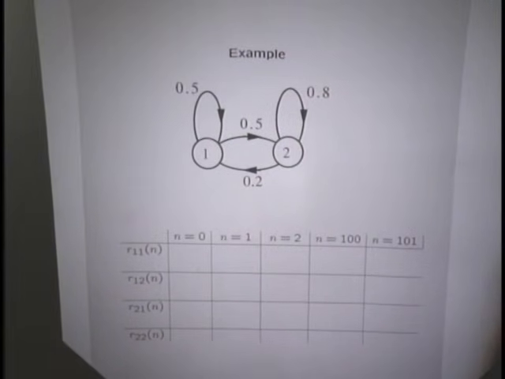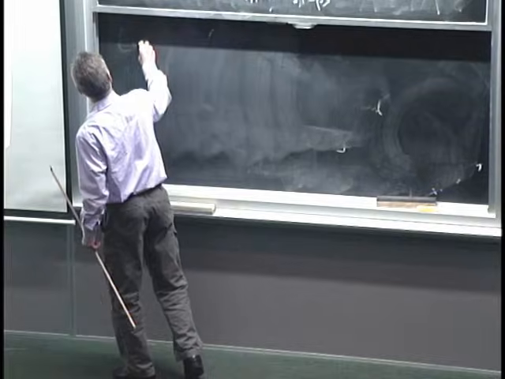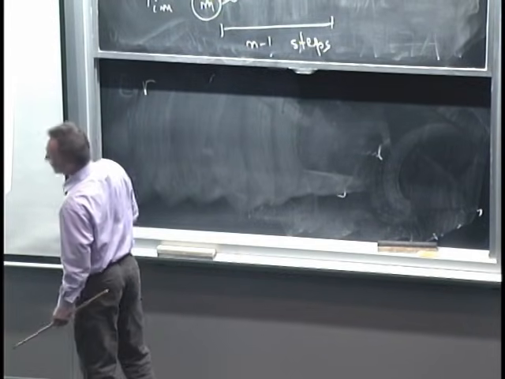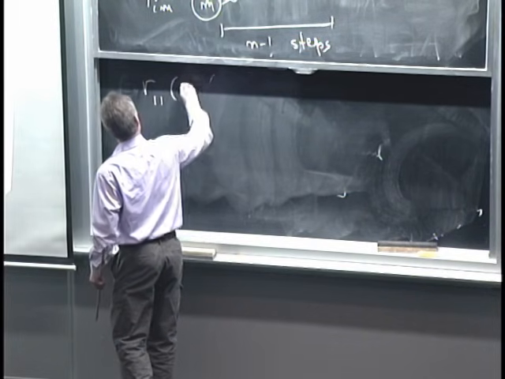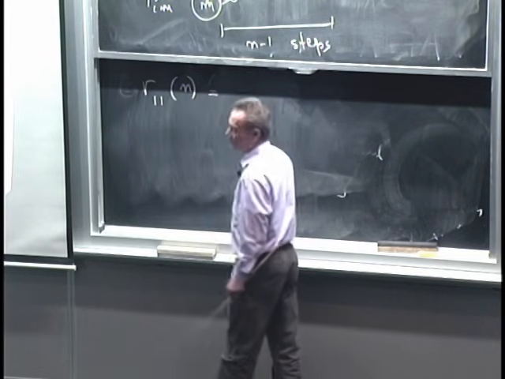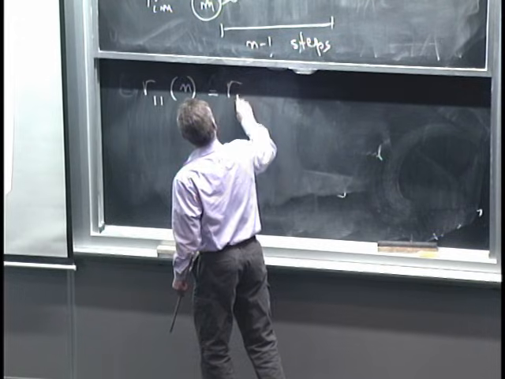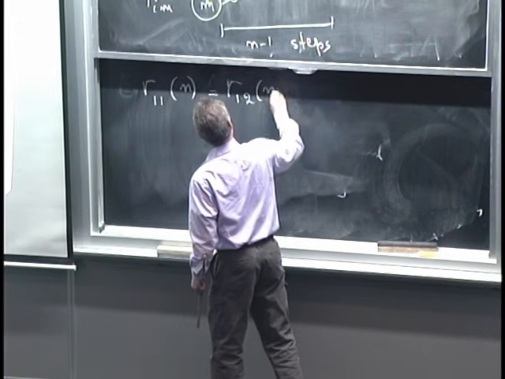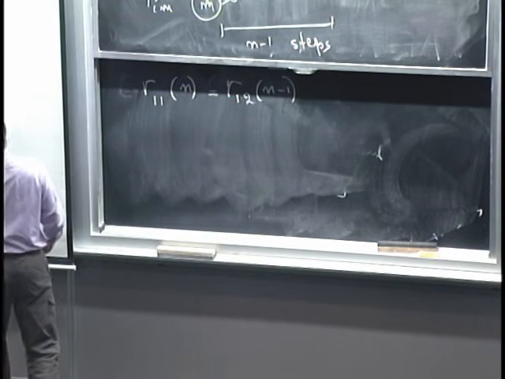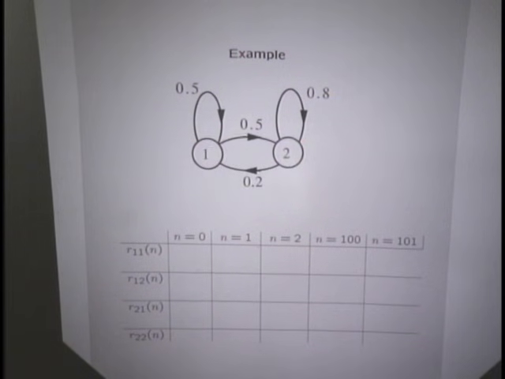So in this example, we just have two states, and somebody gives us transition probabilities to be those particular numbers. Let's write down the equations. So the probability that starting from state 1, I find myself at state 1 n time steps later. This can happen in two ways. At time n minus 1, I might find myself at state 2. And then from state 2, I make a transition back to state 1, which happens with probability